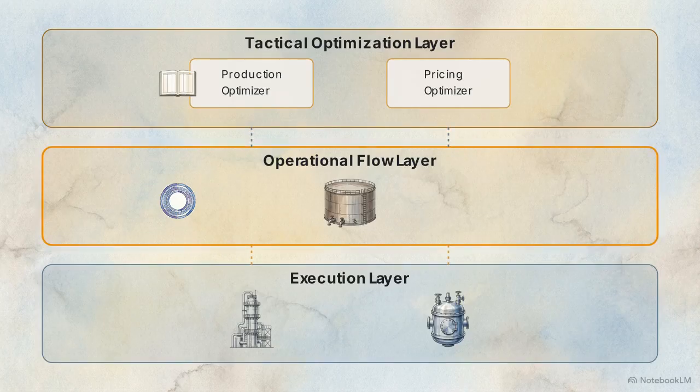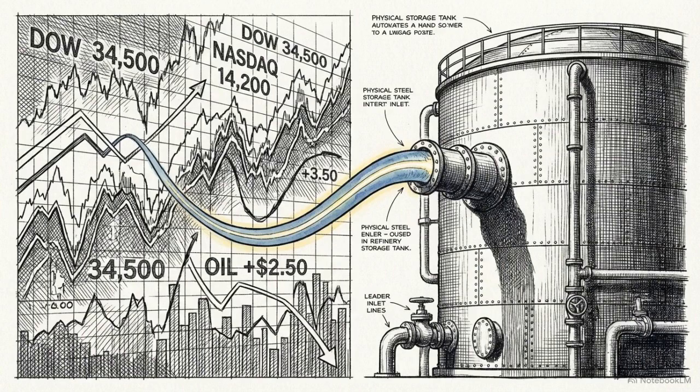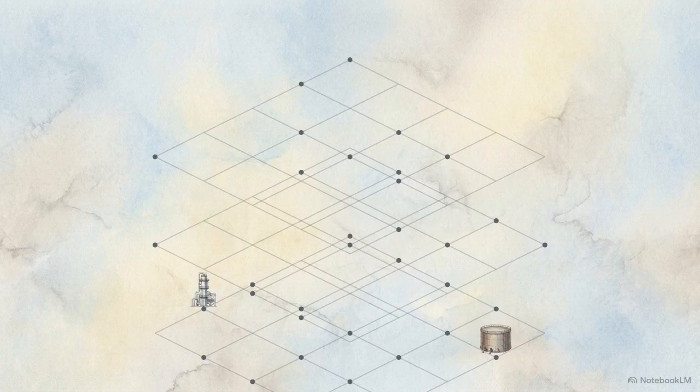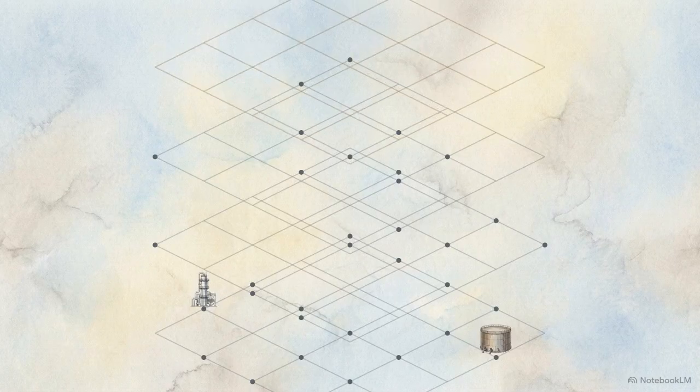When those market-driven targets change, the tactical layer instantly overwrites the routing schedules in the layer below it, which then immediately adjusts the unit severities at the base execution layer. By vertically integrating these horizons, the architecture entirely eliminates the reaction lag between an external market shift and a physical hardware adjustment. Finally, the architecture is capped by the strategic economic optimization layer, dictating the long-term commercial posture of the facility.